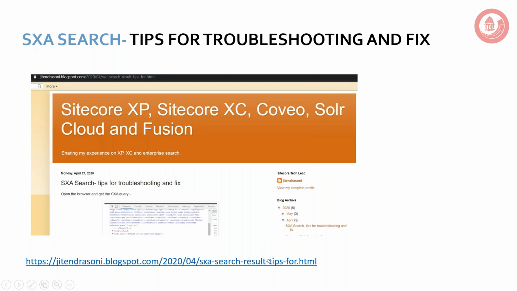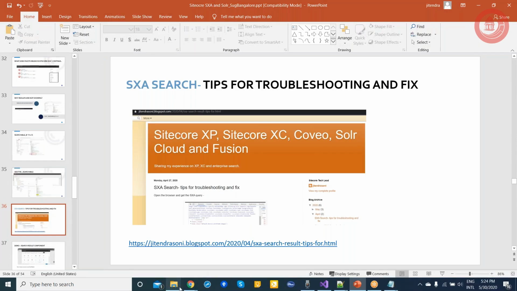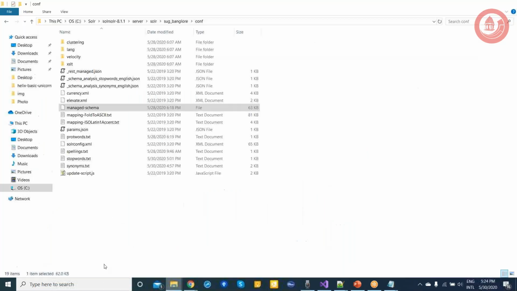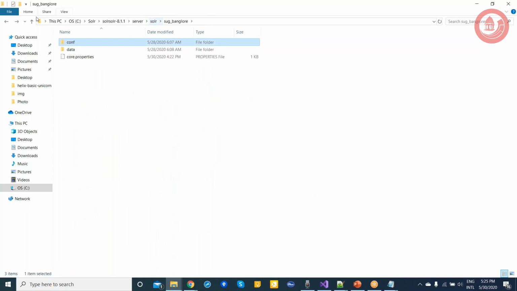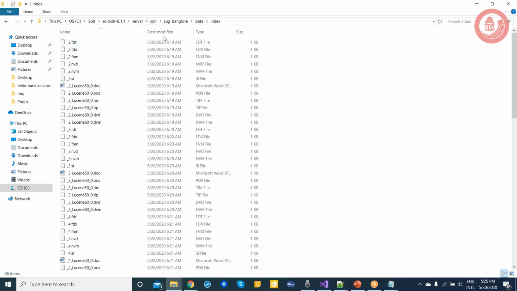You can check my blogs where I've written about this, and if you have any issue, you can check and verify. But just to give you an example, whenever we are doing any query from Solr, you can go to your Sitecore data folder.